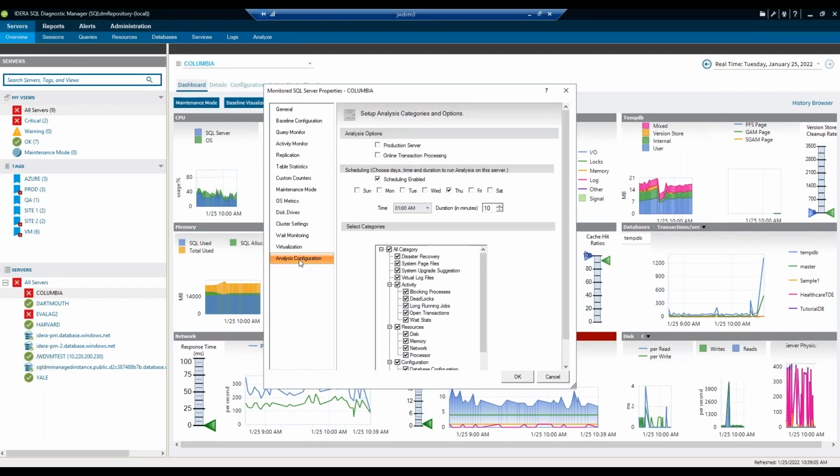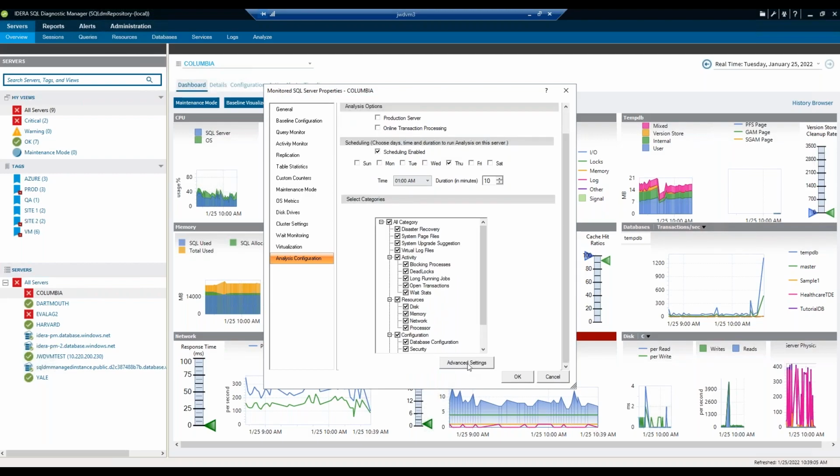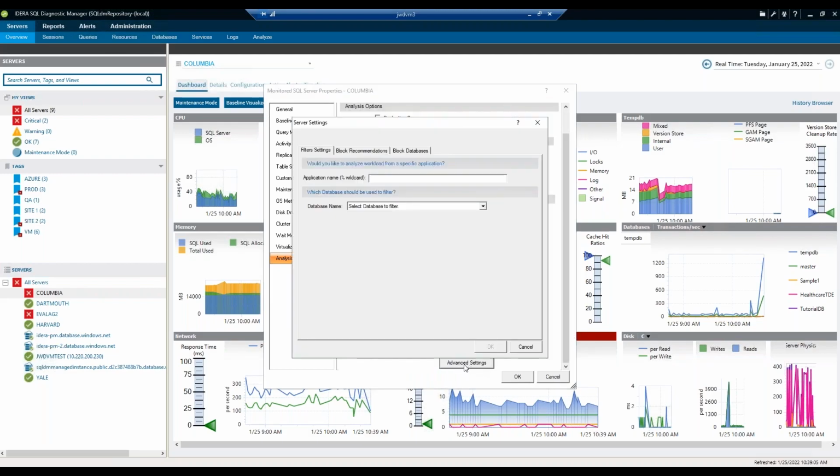Note that you can run an analysis when needed, but you can also run it in a scheduled format, and you can also run it as an alert action response. So you could say when certain criteria is met, no matter what the time, I want to run an analysis. But to go into and see all the different recommendations that are available, you just go into advanced settings, and